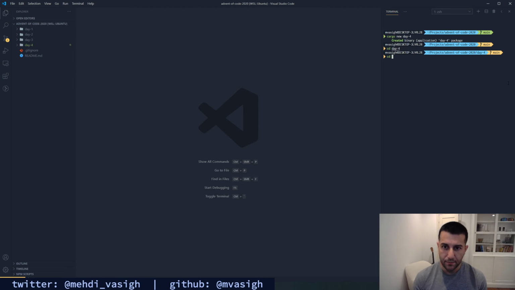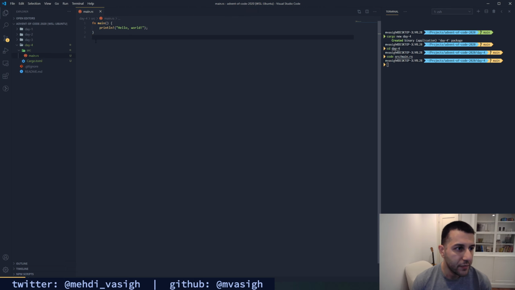and just open our main file. So this is where all of our code will live. Typically, most of these challenges also have some input data that you have to work against. So I'm probably going to be grabbing that and putting it into a text file or something that I can read and use in the code. All right.